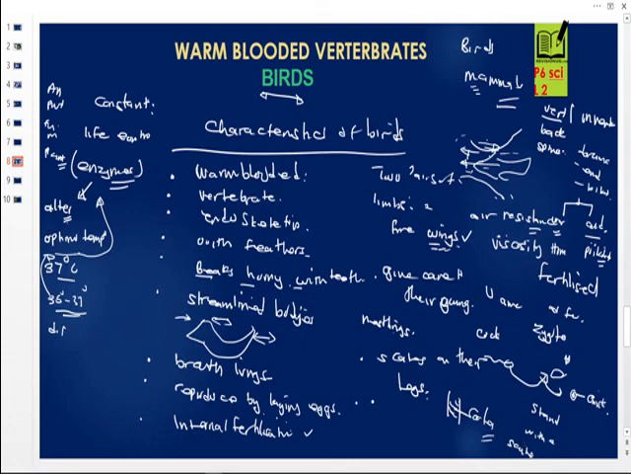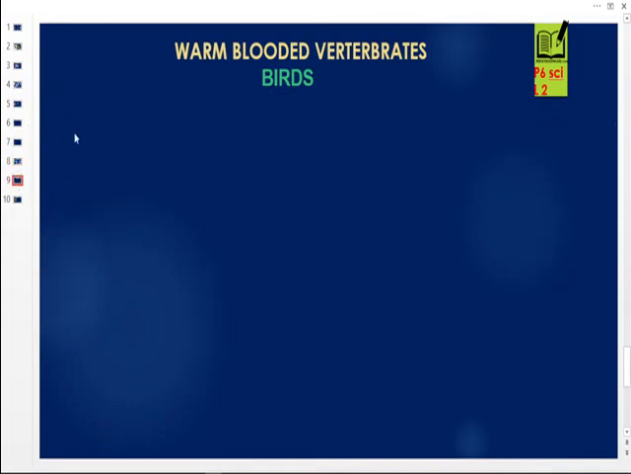Then these birds have hearts, because they have blood, and the blood must be pumped. The heart has four chambers, four divisions. So they have four chambered hearts. So anything with these characteristics is meant to be called a bird. Alright, so let us move on and see